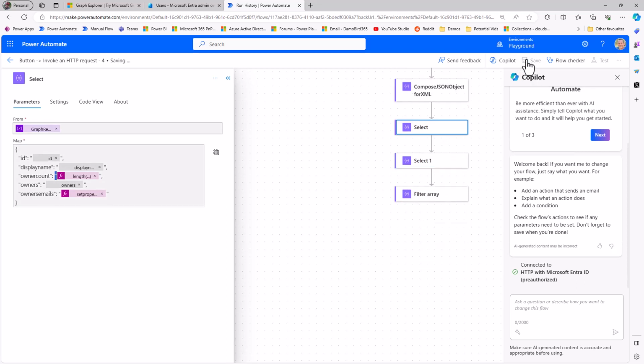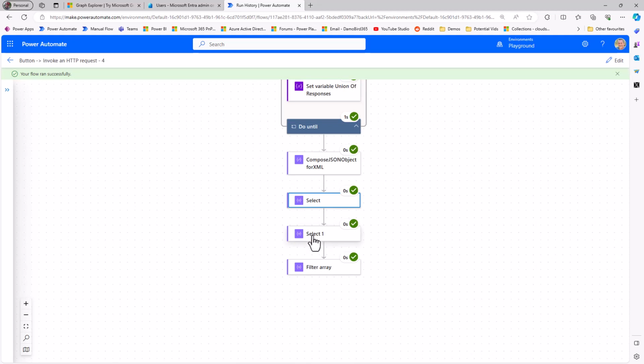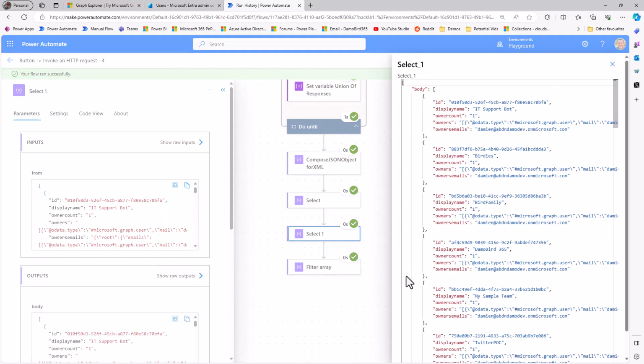So with that in place, I'm now hoping if we test it, we should get some examples of output where I have the semicolon separated emails. So this is fantastic. The flow has completed, and if I jump down to the bottom, we can have a look at that select, have a look at the raw outputs, and we can now see that where there's a